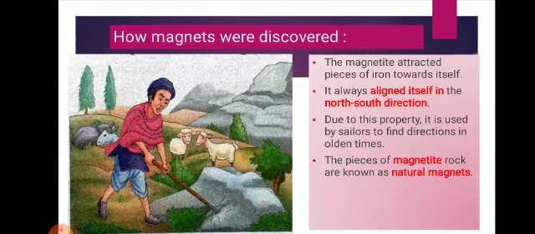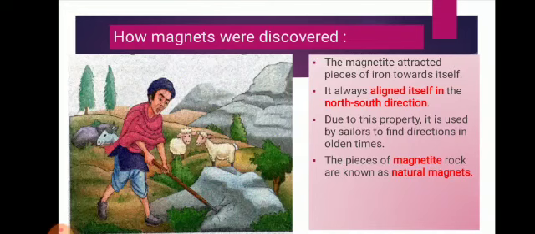One day, Magnus suddenly felt that something was pulling his stick away from him. It appeared as if the iron-covered end of the stick was being attracted by the rock, that mountain's rock. Actually, the rock was a natural magnet which attracted the iron end of Magnus' stick. This rock contained iron and is named magnetite.